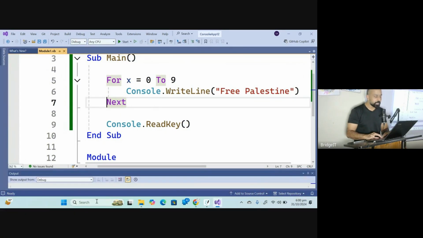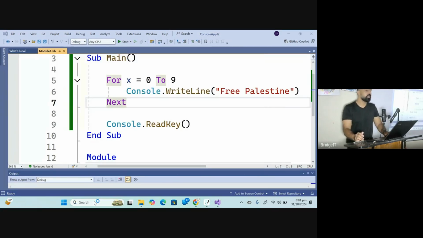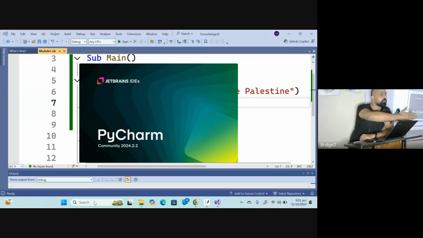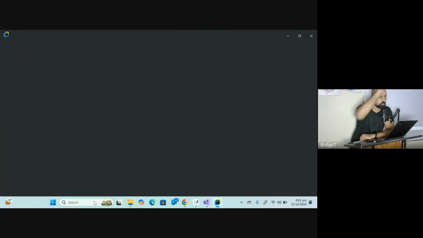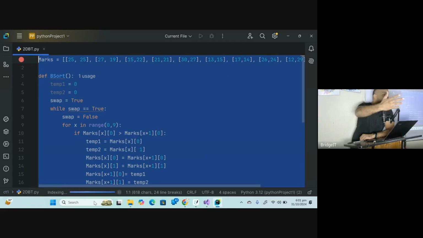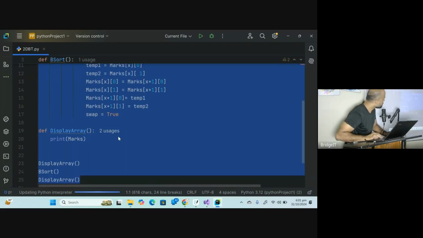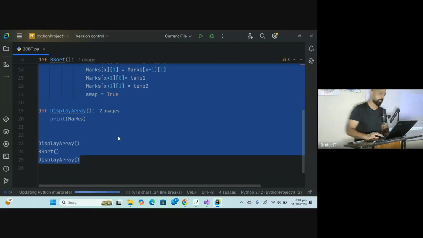I'm going to quickly write down the same program because we are doing both of the languages. Going ahead, I will just be giving you the pseudocode. Some of the people might like to code in PyCharm, that's okay. Some might like to code in VB.NET, still fine. I'll be checking both of the codes, and if some of you are doing both languages, that's great. This is a very small program that I was doing with the class.